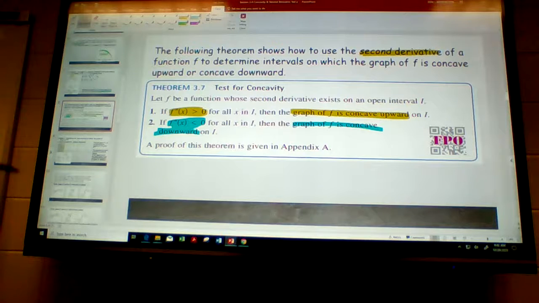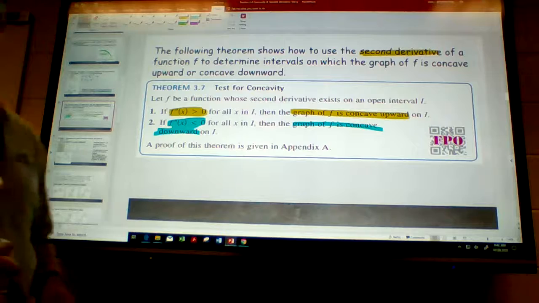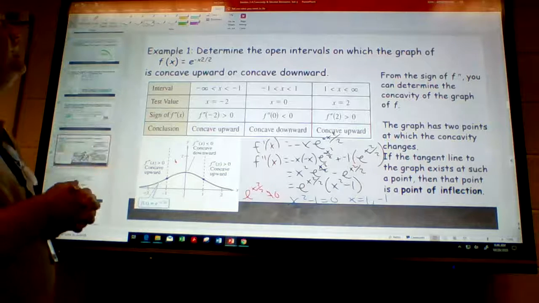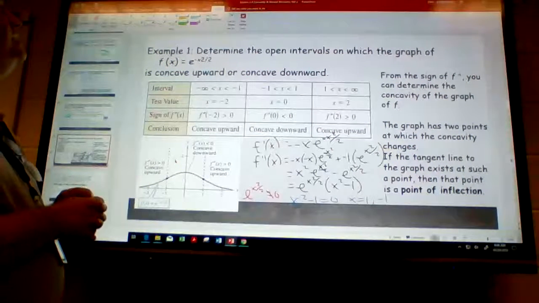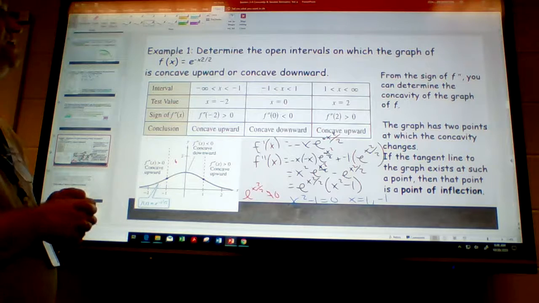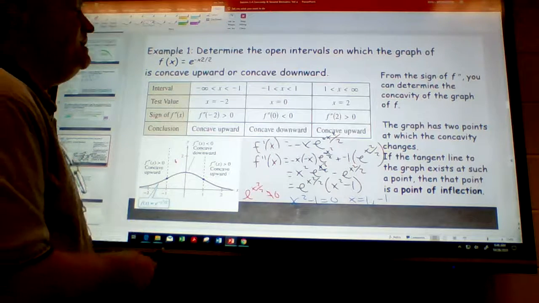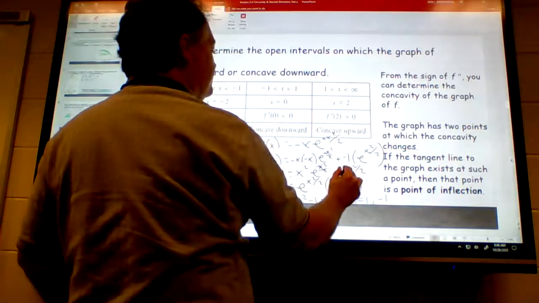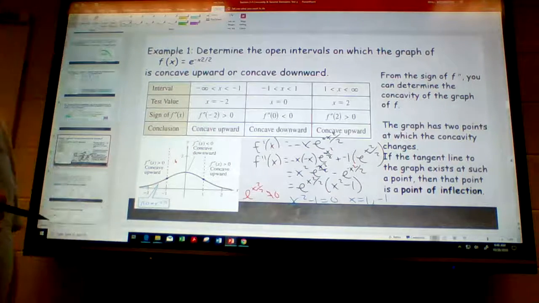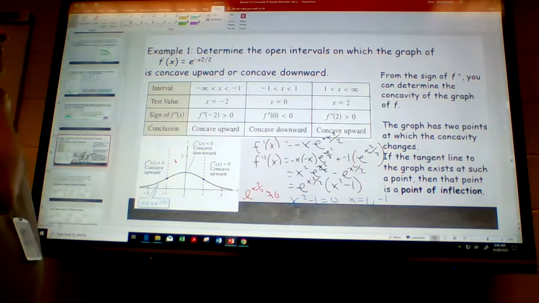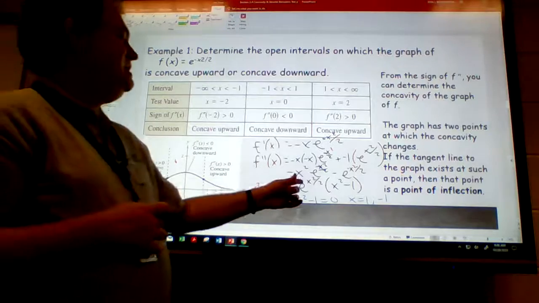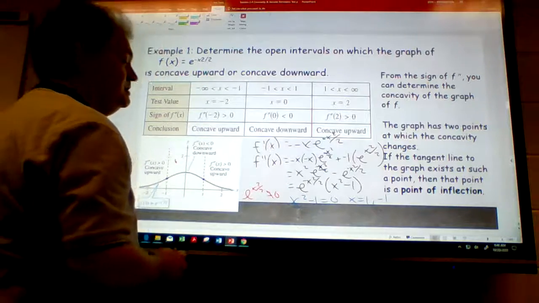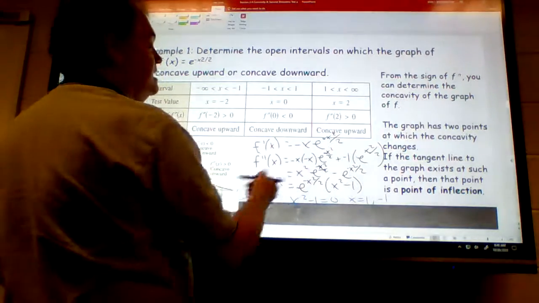All right. Now, okay. Example 1, f of x equals e to the negative x squared, all over 2. The whole thing is over 2. Now, what I did was I went ahead and worked it out for you just because of time. But when you take the first derivative of it, it's going to be negative x times e to the negative x squared over 2. But then the second derivative is going to end up giving you e to the negative x squared over 2 times x squared minus 1,